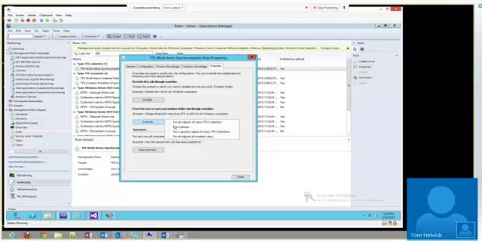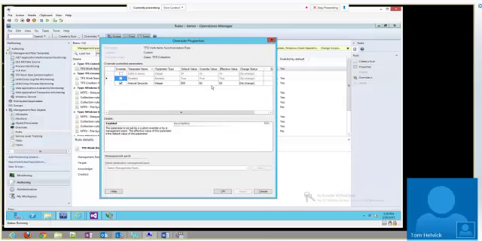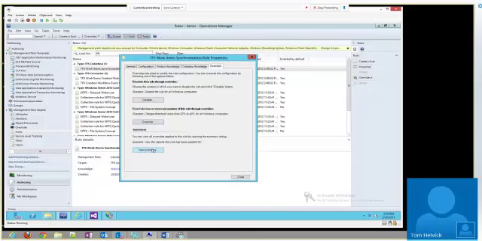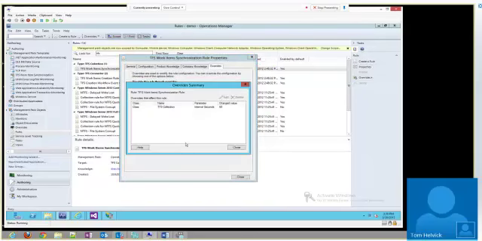And here's where I set that. If I set a different value, it would show in there. I'm going to cancel this. You can also view a summary of all the overrides that are in here. So it assumes the default except for if it shows up in the override.